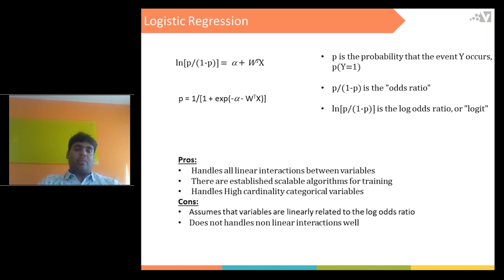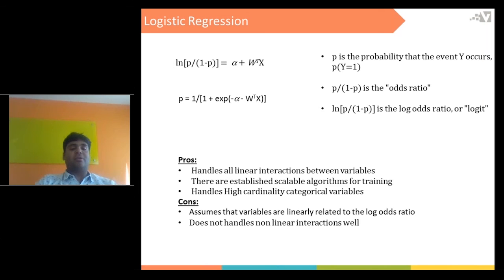The second big advantage is that there are already quite established scalable algorithms available for training logistic regression. It also handles high cardinality categorical variables. When I say high cardinality, I mean categorical variables which have, let's say, tens of thousands of values. That's the scale I'm talking about. Logistic regression normally handles it.